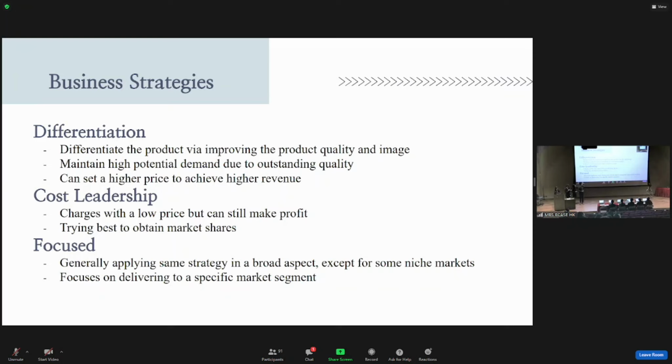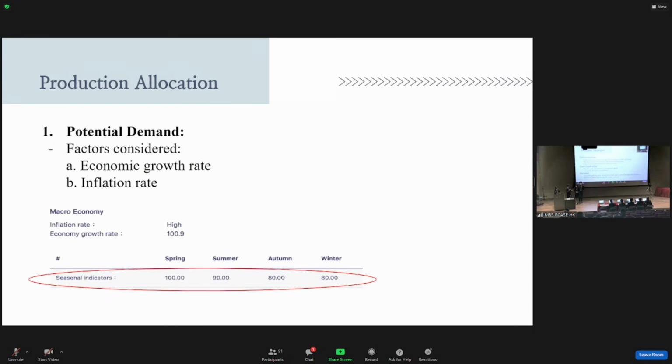Among the 3 major business strategies, we think that differentiation would be a high risk and high reward strategy. And while looking at the niche market strategy, we noticed that it is one of the golden fruity market shares. Thus, after assessing all the factors of risk and returns, we have finally chosen the cost leadership strategy as our main business strategy today. And now I'll pass the time to Jenny for further elaboration of the details of our implementation plans. Thank you, Benjamin. Now I will share how we implement the strategy.